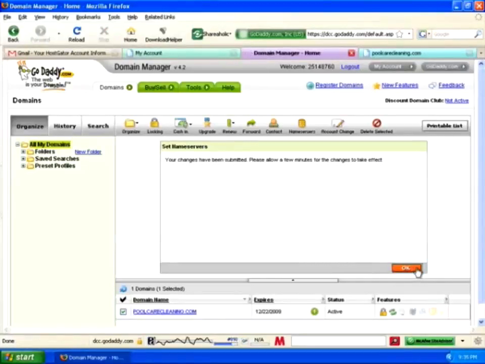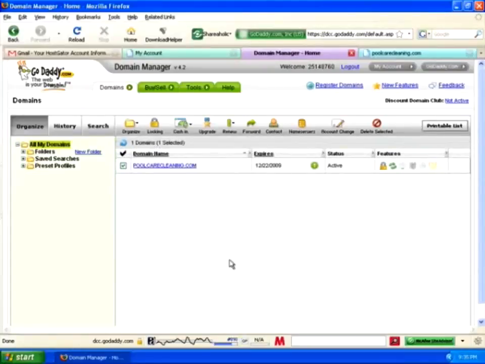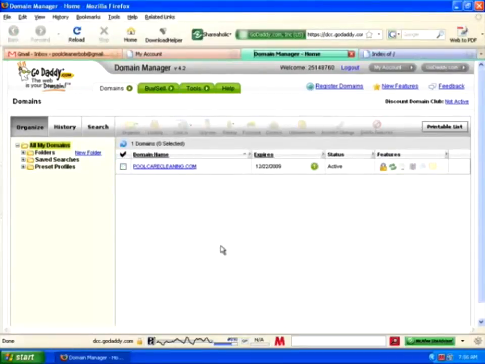Now that actually happened really quick. One thing to note is it does take anywhere from a few minutes to even a few hours for the domain name changes and the name server changes to take effect. This is because when you make these changes, they've got to update name servers across the world, including the ones on your own computer, so that you can see that this name now points not to GoDaddy, but to your HostGator account. So what I'm going to do right now is stop this video, and